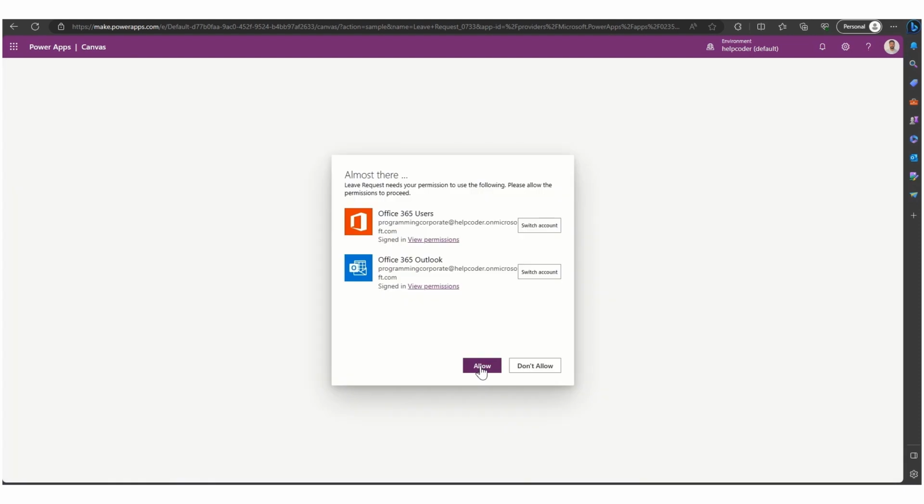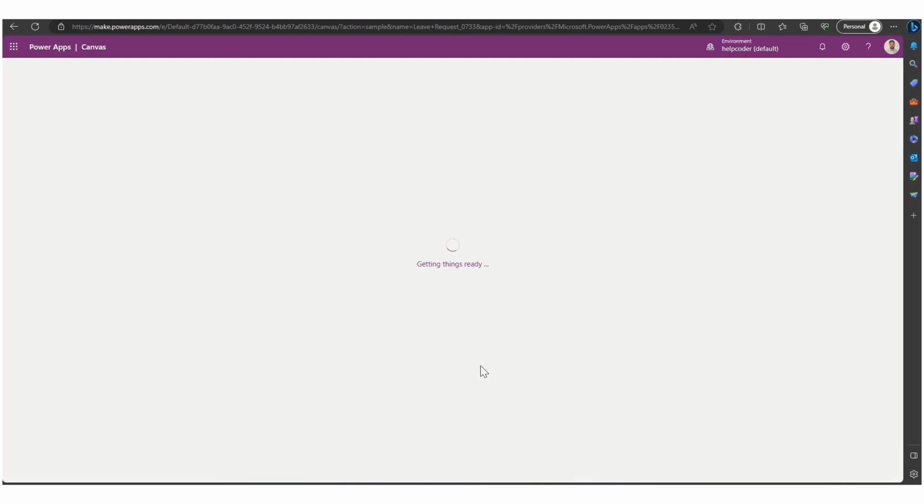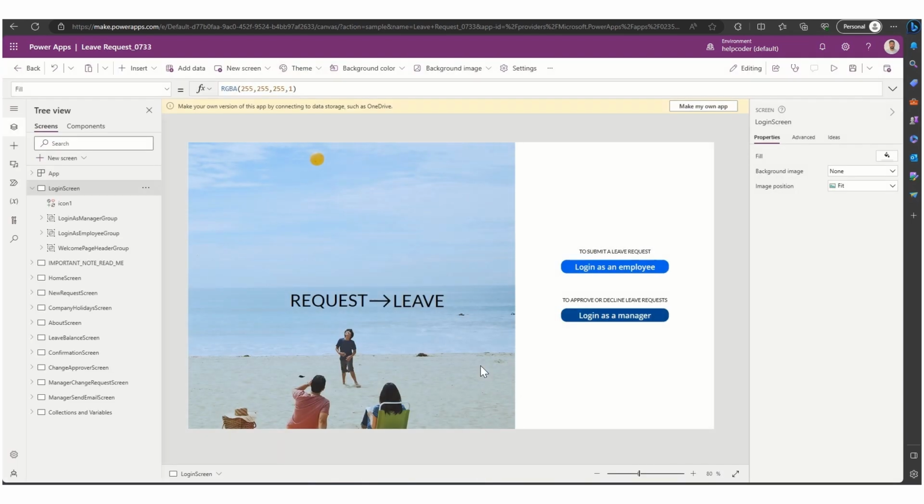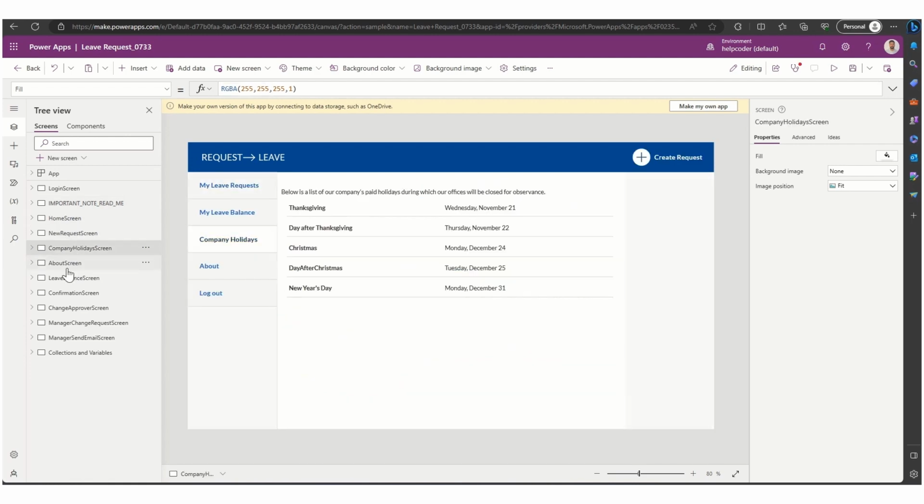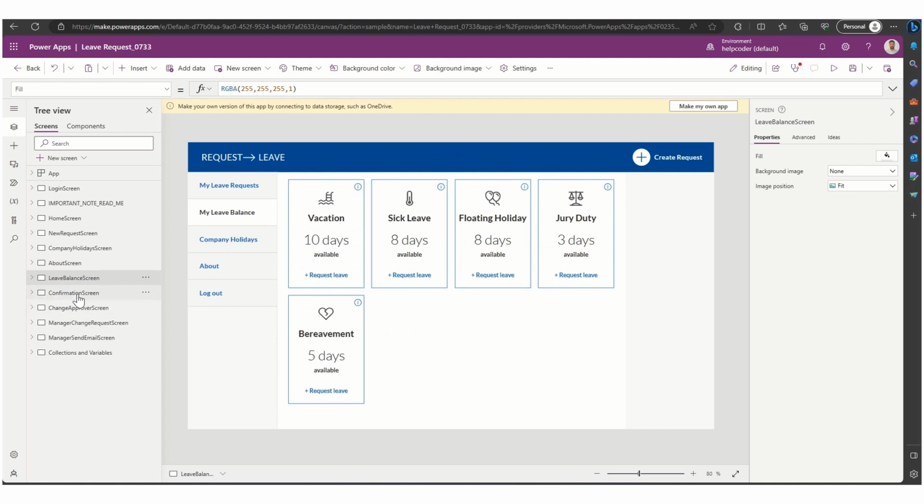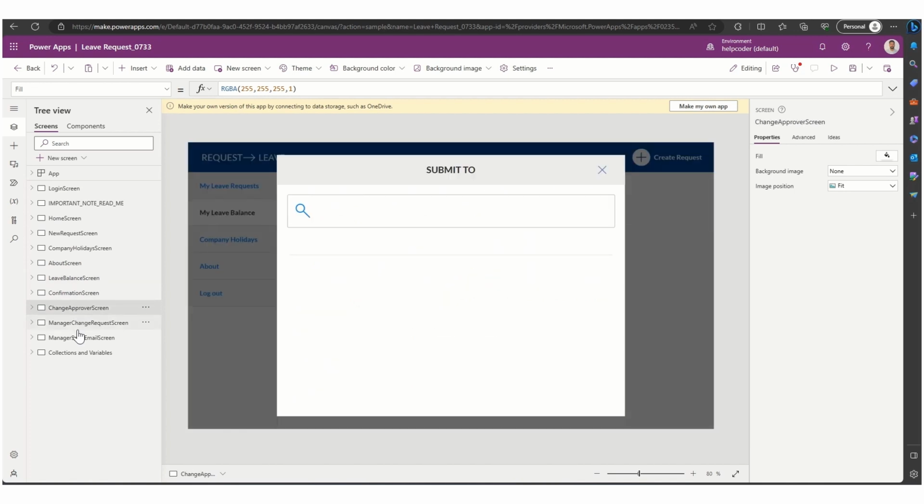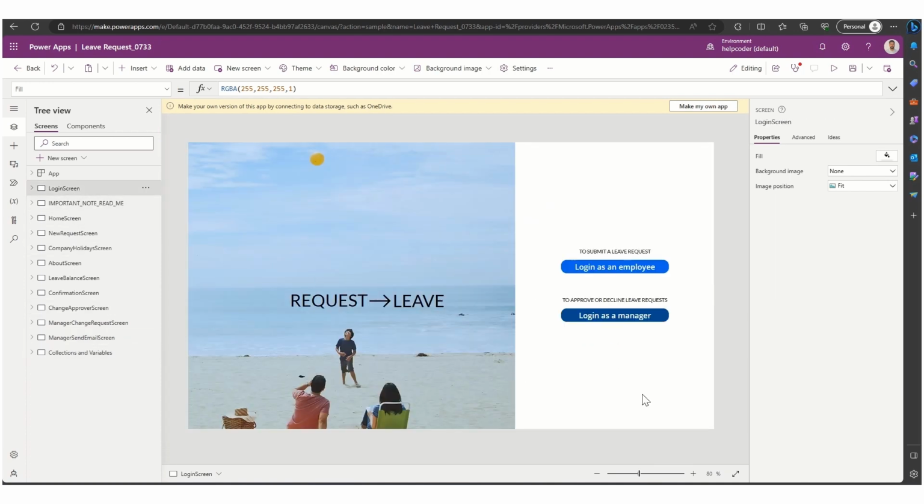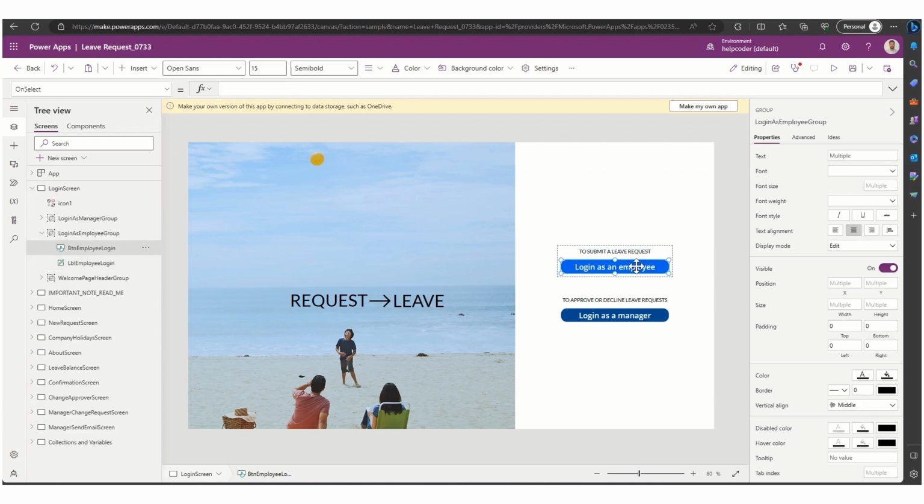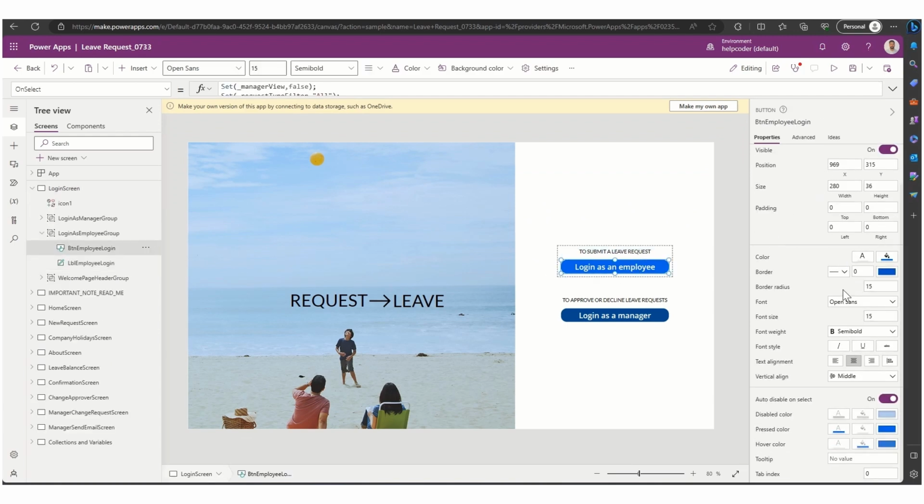You will get this pop-up. So it will ask for few permissions. So click on it. So these are the screens on the left hand side. You can navigate between different screens by selecting any particular screen, or whatever changes you would like to do, you can do directly on the screen. In the right hand side, suppose if we would like to change the property of any specific control, you can customize as per the need,